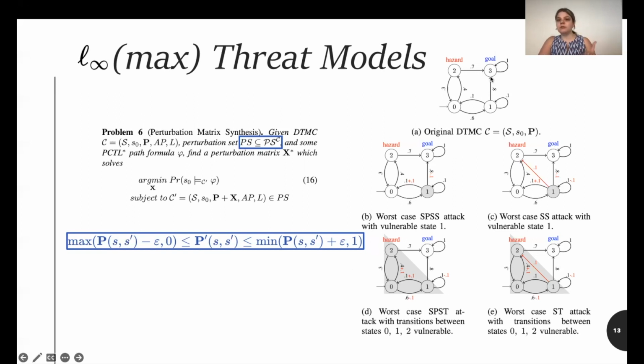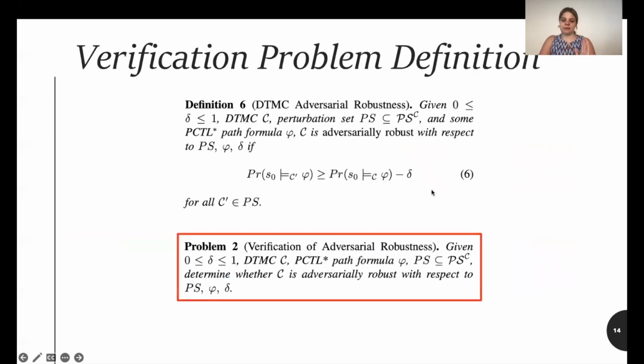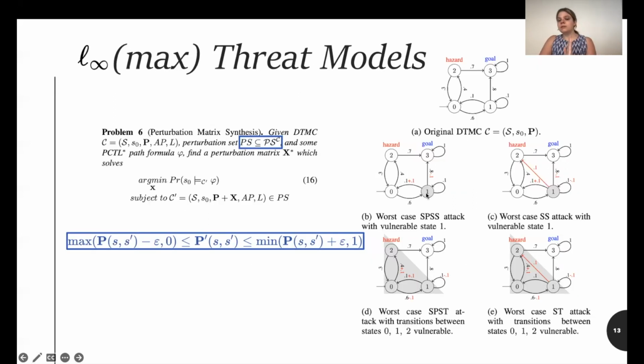So here are some examples where the original Markov chain is at the top here. And we're going to look at the left-hand side first. So the top left here is the structure preserving selected states adversary. And so under this threat model, an adversary can modify the transition probabilities for a set of transitions that all come from a specific state. And so here we see that state 1 is vulnerable. And so all of the edges that come out of state 1 are able to be attacked. And we're still in this L max threat model where the attack is limited to a budget of epsilon for